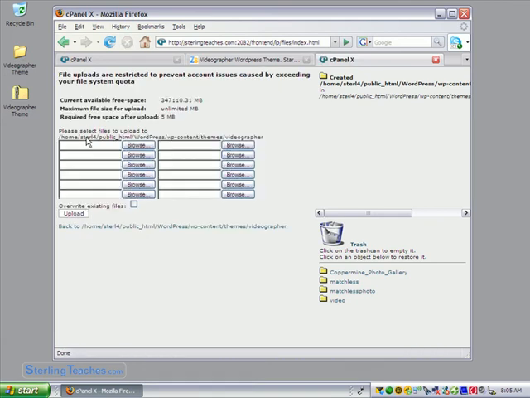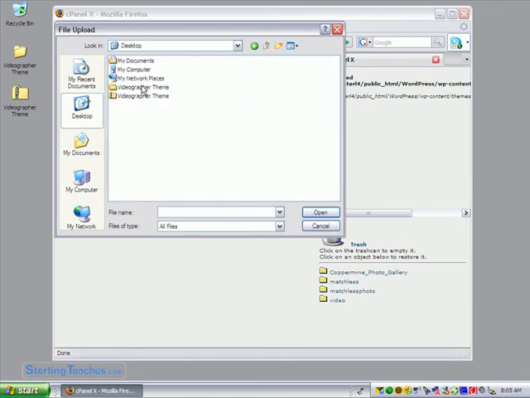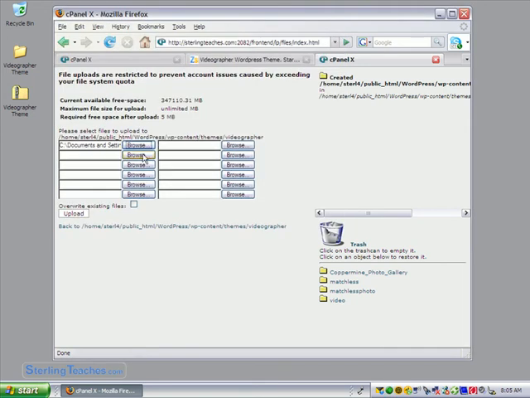So I upload files, and it lets me upload up to 10 different files at once. I'm going to click Browse, Desktop. Make sure you click the one that doesn't have the zipper on it, the other file. So I'm going to click on that, and let me start selecting these. So I'll click on there, browse, open,